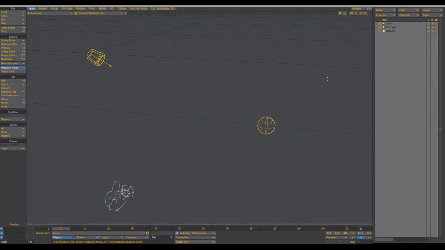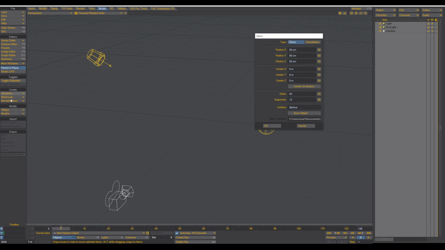We start right away in LightWave Layout to create the spheres and the simulation. So let's come up here to Model, Geometry, create a sphere, and I give it the size of